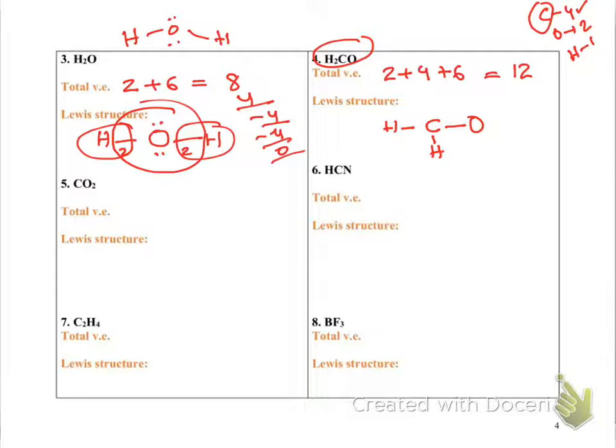So how many electrons did I use in this process? 2 here, 2 here, and 2 here. So I used 6 electrons, and I'm left with 6 electrons. Now hydrogens, give me 1 second. Let me draw it again. All right, so hydrogens both are stable right now.